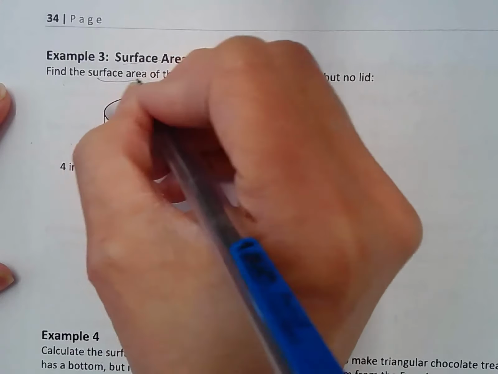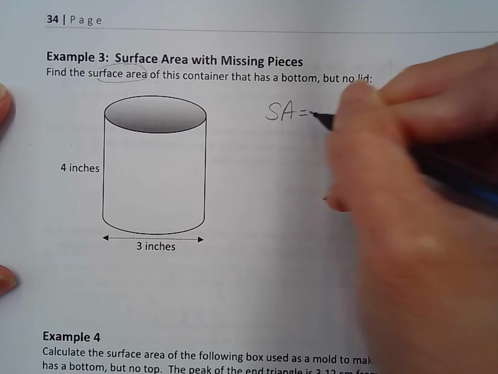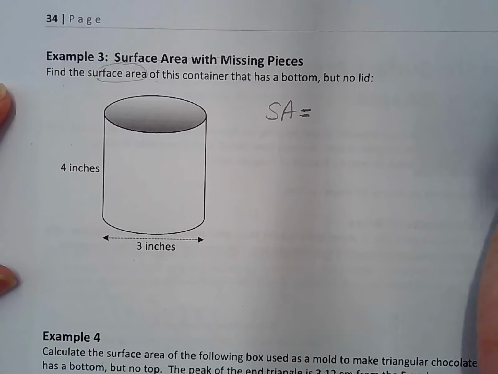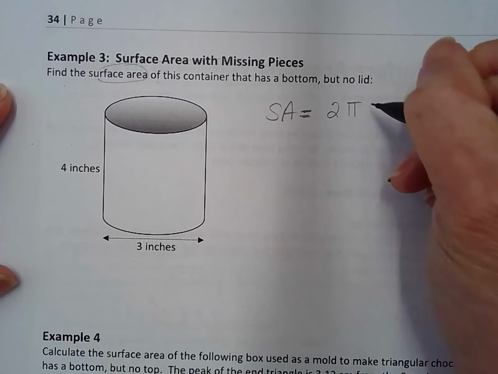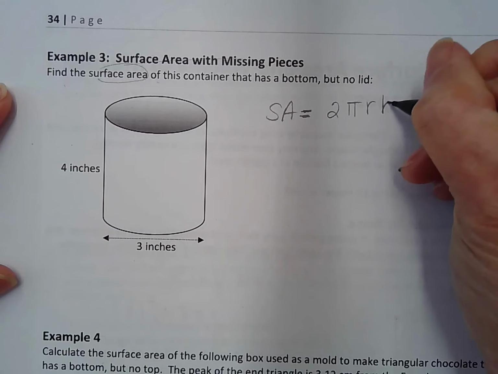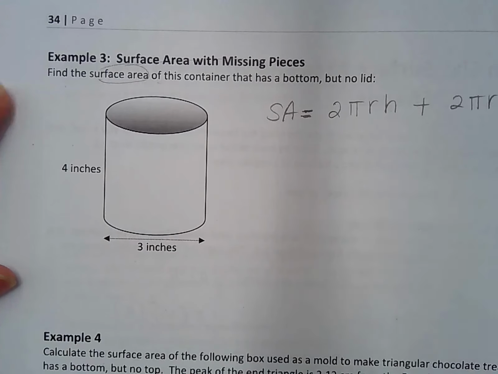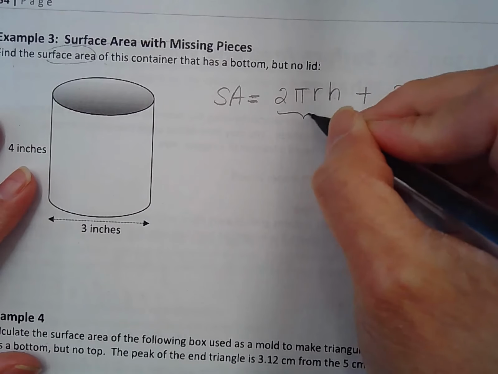So we know that the surface area of a cylinder is, going to your formula sheet, 2 pi r h plus 2 pi r squared. 2 pi r h plus 2 pi r squared. So that, this part here,